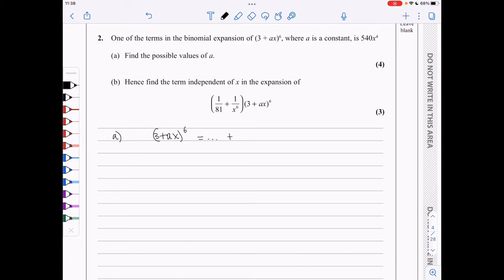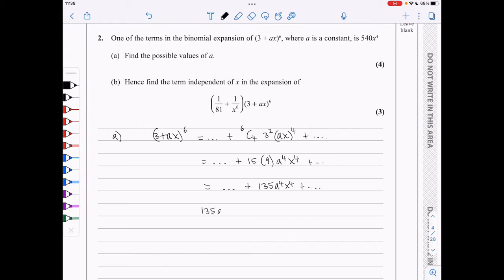So this is 6 choose 4, 3 to the power of 2, ax to the power of 4 plus dot dot dot. A kind reminder here that the sum of the two powers should be giving me the original power. So 6 choose 4 according to the calculator is 15. 3 squared is 9. a to the power of 4, x to the power of 4, which further gives me 135 a to the power of 4 x to the power of 4 plus dot dot dot,